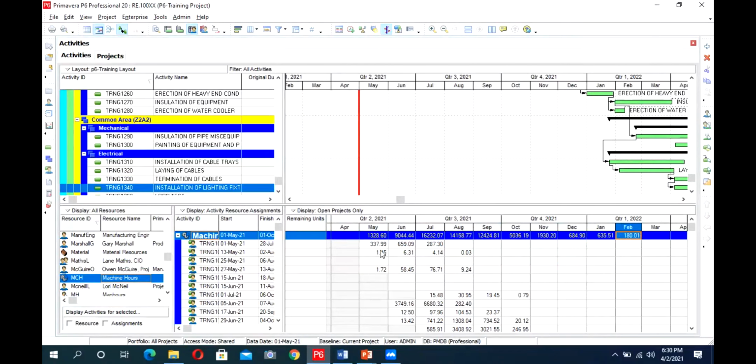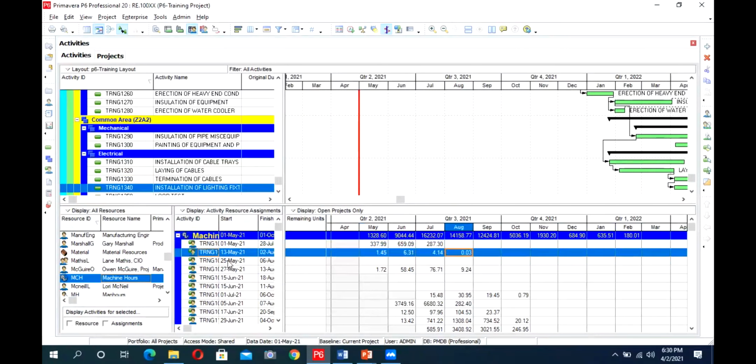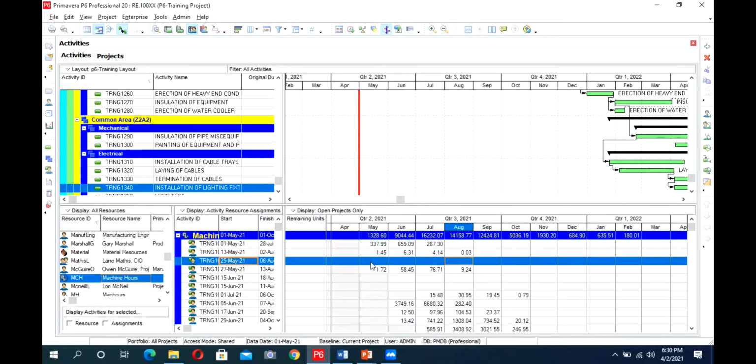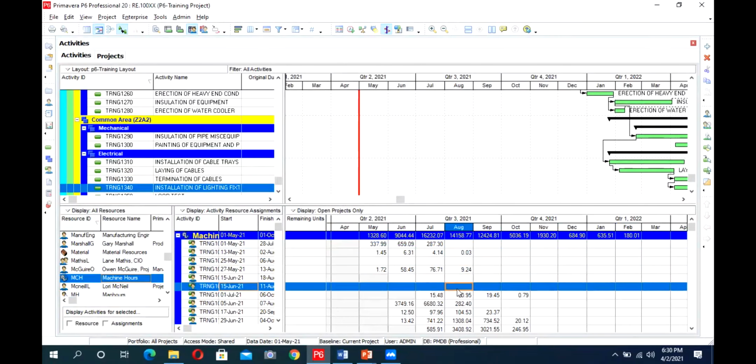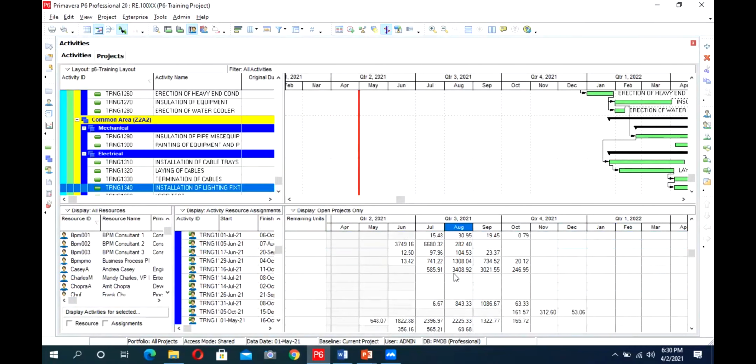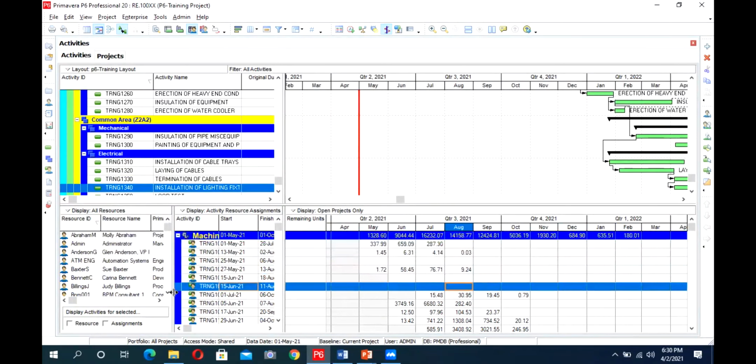Similarly, if I want to see on the basis of activities, I can have it here. There was a question: if we have 0 unit, you can say this would be having a 0 unit. So here it is showing no loading against this. Here we have added 0 budget units, so there is no loading shown for this. So similarly, this is the resource loading for machine hours. Similarly, we can check our loading.